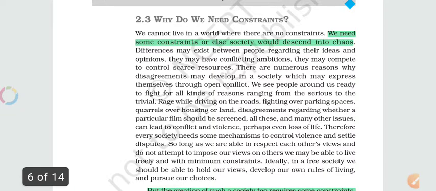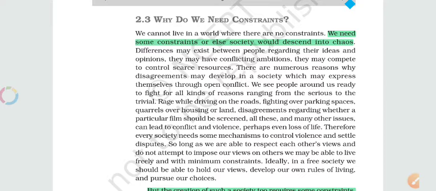Okay, why do we need constraint? As we have discussed, a society wants some kind of freedom, a high level of freedom, but there is a need of social constraint. Without any kind of obligations, without any kind of constraint, a society will be chaotic. Okay, so there will be chaos, as you can read, that we need some constraint or else society would